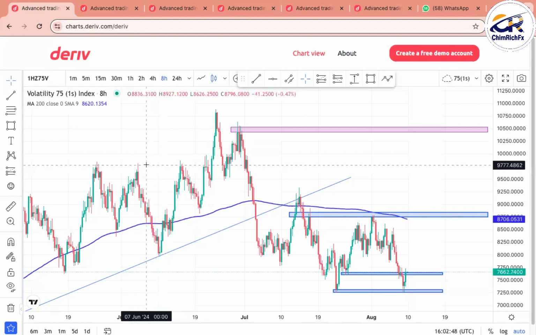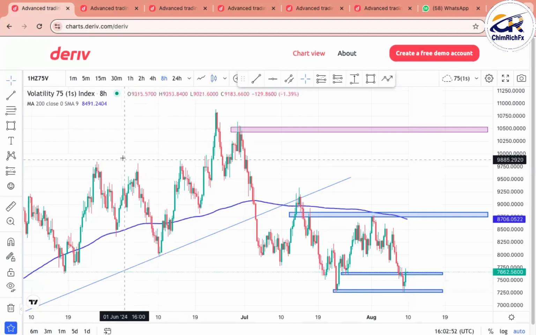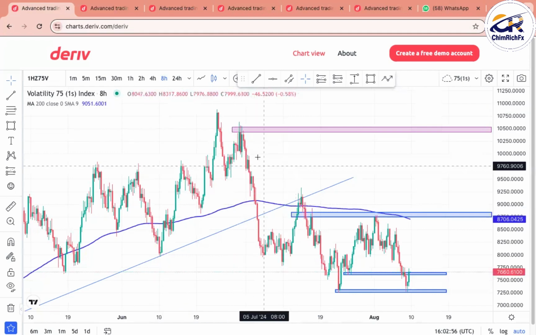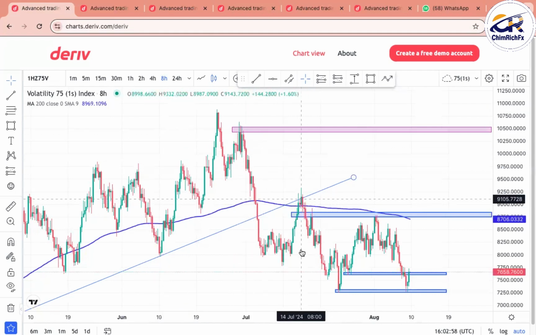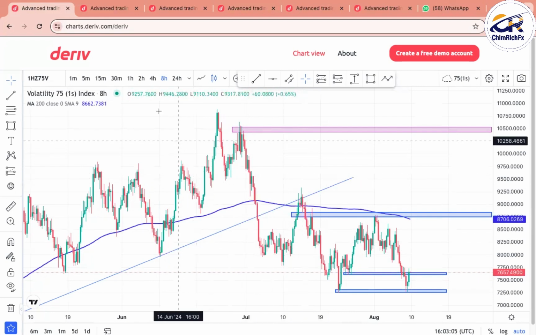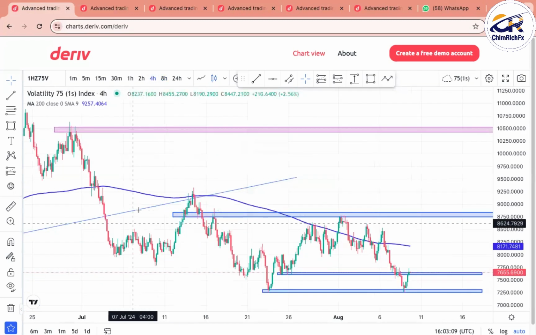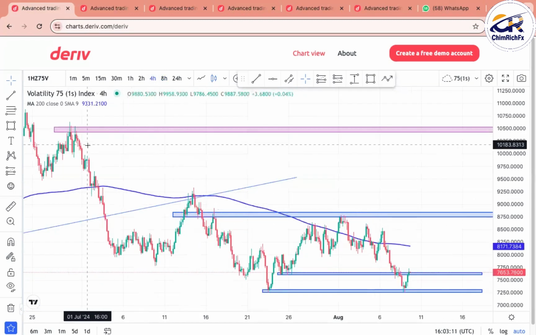For me it is the best, because you can make a whole lot of money from trading derivative indices. Now, from the 8 hours time frame, we can see a series of lower highs and lower lows, and this is a sign that there is a downtrend in motion, right? From the 4 hours time frame, I drew this trend line, and you can see there's a breakout from